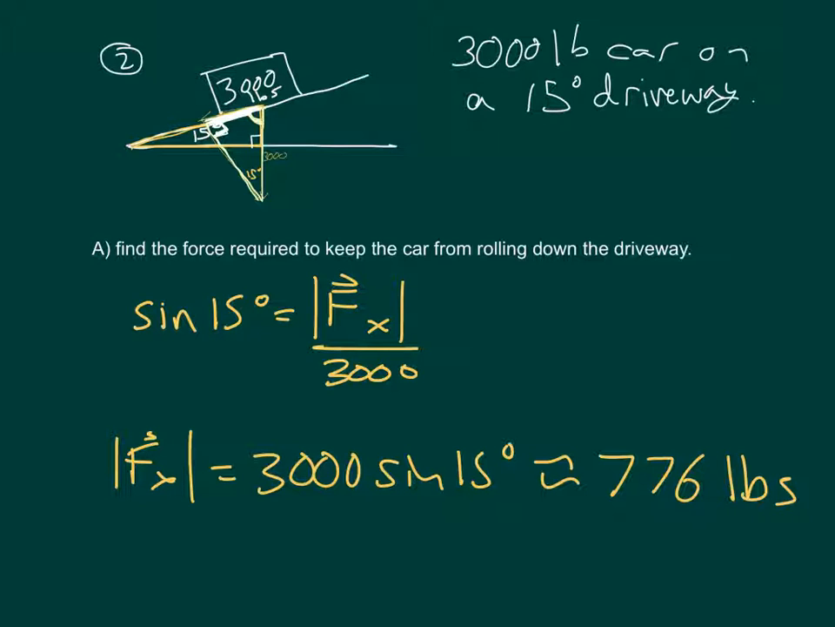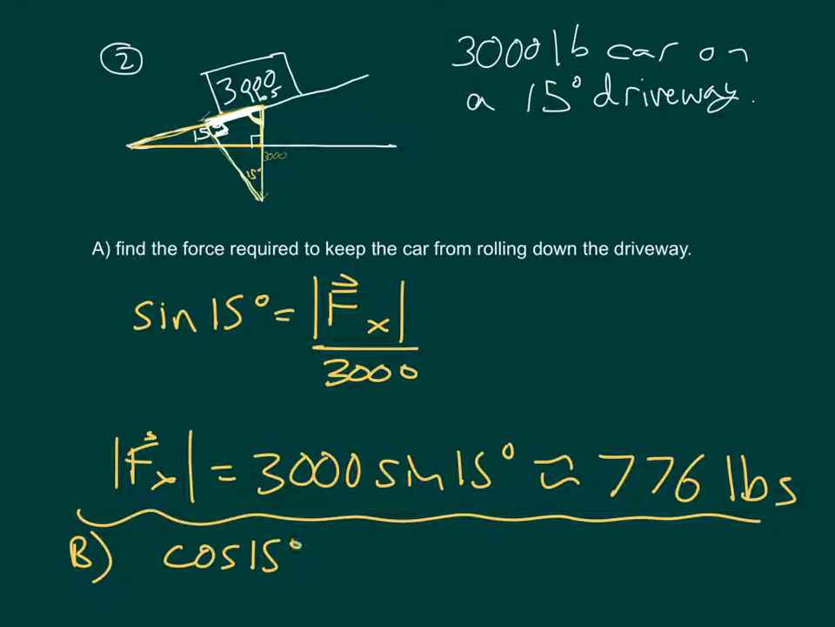All right, so then the next question that's missing from the bottom now, part B, is find basically the force pushing into the driveway. That would just be going the other direction with cosine. So we would say cosine of 15. All right, that's going to give me that adjacent side right there. All right, so we'll call that force y. It's going to be the length of F sub y over 3,000. Okay, so if we solve that, we'll get our force in the direction perpendicular to the ramp is going to be about 2,898